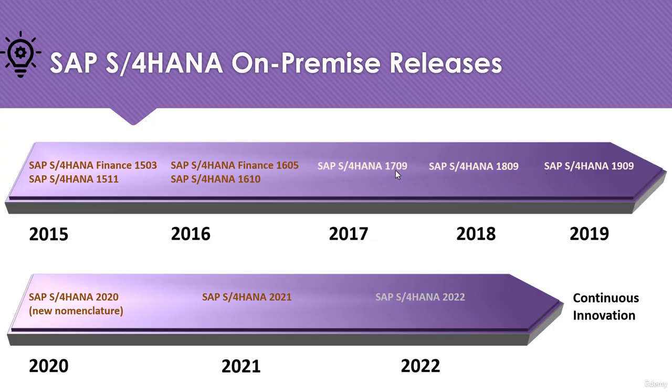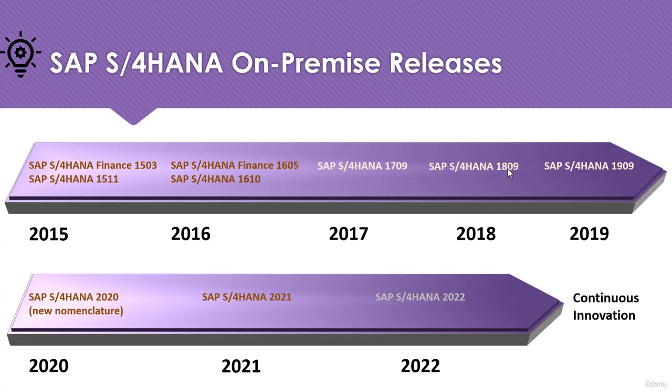In a version like 1709, the first two digits represent the year and the last two digits represent the month. As you can see, the 2017 version was released in September 2017,